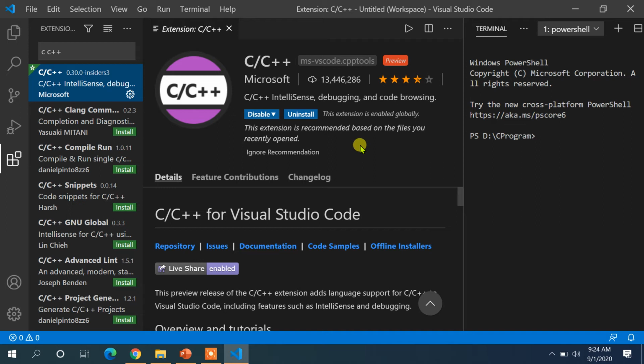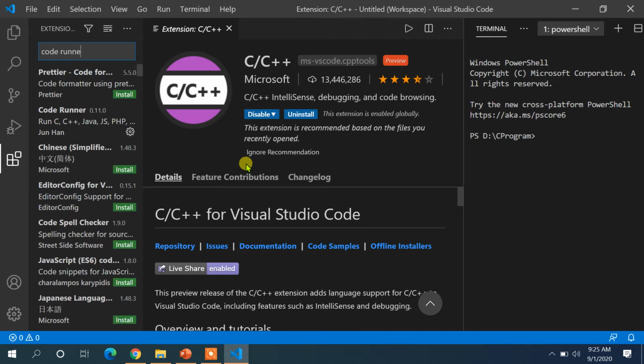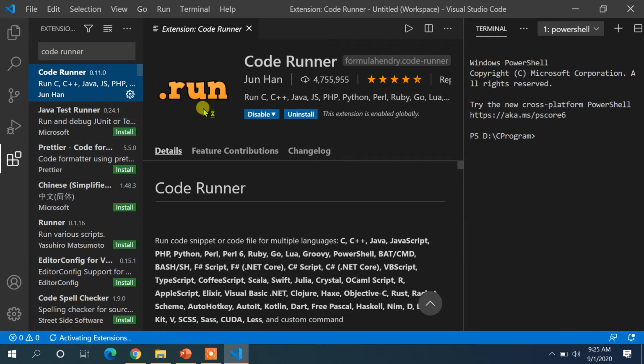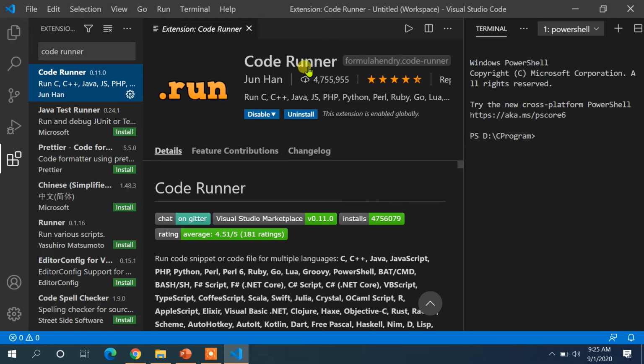Click on install, then at this particular place the progress will be shown to you. After the installation is over, you search for another thing called Code Runner to run your code. So you should type "code runner" over here. When you type it, this will appear. You just click on this, and you can see this type of symbol over here, Code Runner. After finding it, you again have to install it. The button does not appear here because I have already installed Code Runner in my Visual Studio window. But when you search for Code Runner, you will see an install button appear over here. You have to click on the install button to install Code Runner.